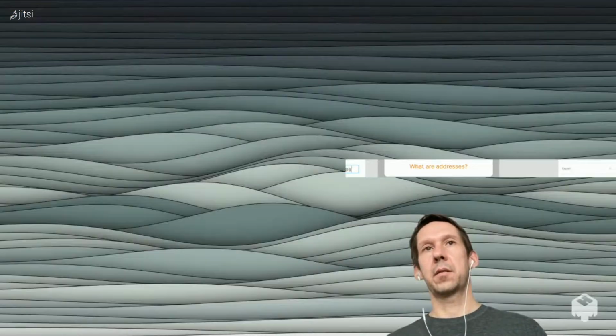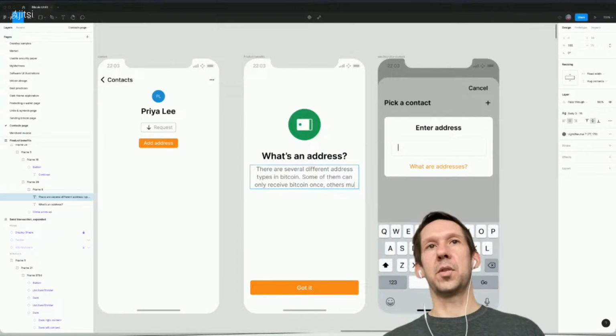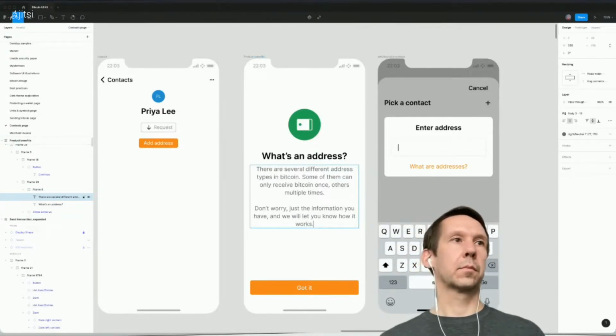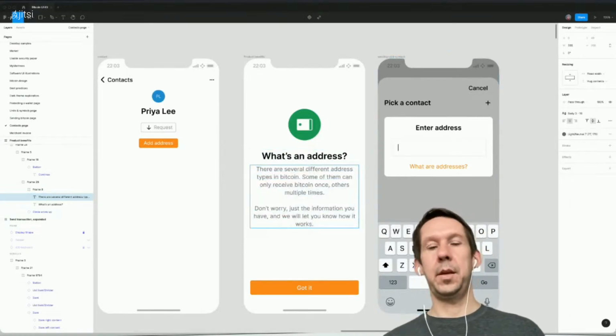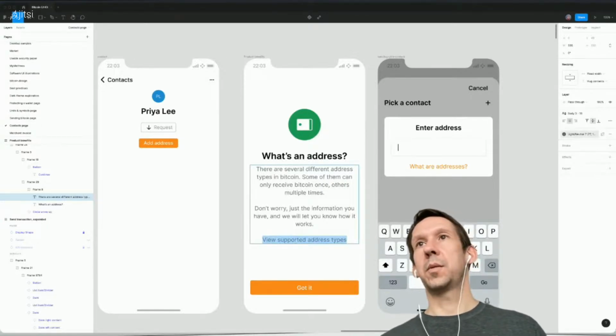There's several different address types in Bitcoin. Some of them can only receive Bitcoin once, others multiple times. Don't worry, just enter the information you have, and we will let you know how it works. Then maybe use address types. So this would be the option for